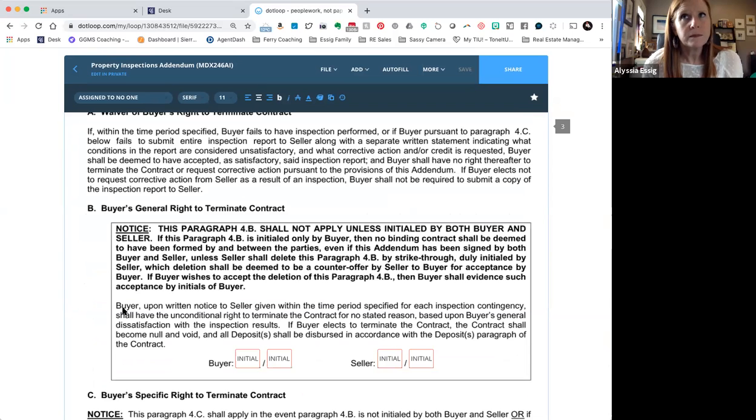Okay. Let's go back to this box. This is a negotiable term. It is very important for people to understand. If the buyer decides to initial this box, which in my opinion, I don't recommend. And the only reason why I don't recommend it is because